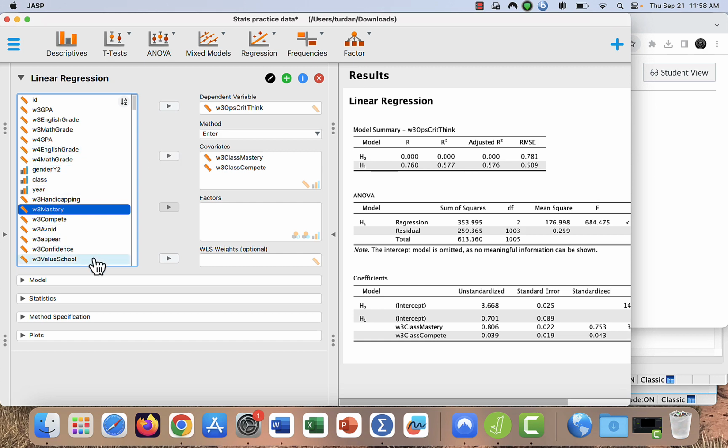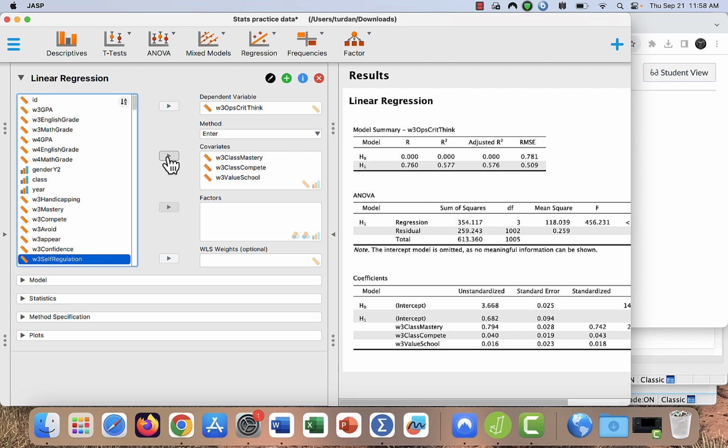And then let's also see if maybe how much the student values what they learn in school predicts whether they think there's opportunities for critical thinking. Okay, so as I enter these predictor variables, you can see that it starts to build the regression model. First model is always sort of without the predictor variables. This is just kind of a